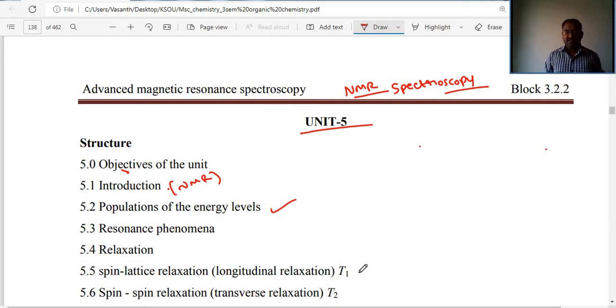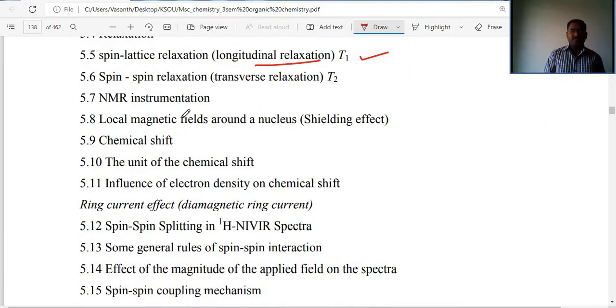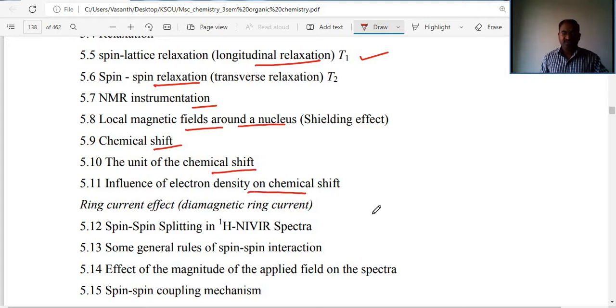The spin-lattice relaxation means longitudinal relaxation, transverse relaxation means spin-spin relaxation, NMR instrumentation, local magnetic field around a nucleus means shielding effect, chemical shift, and unit of chemical shift, influence of